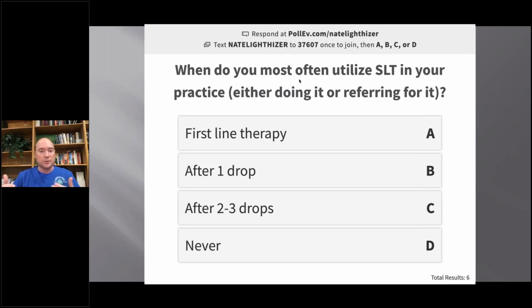And again, let's see what the answers are. Is it first line therapy? Is it after 1 drop? Is it after maximum medical therapy, which is 2 or 3 drops? Or is it never? Let's get a nice general sense of where we are utilizing SLT in